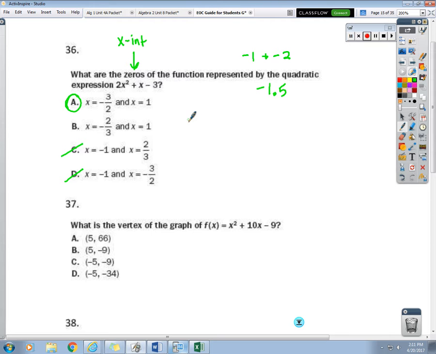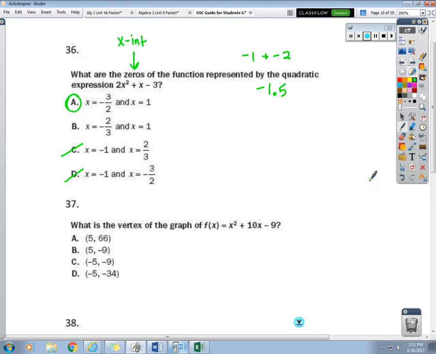A question like that should not be that hard. I know I'm the math teacher, but to me that's not a hard question when you can just graph it and look at where it crosses. All you really have to be able to do is understand that zeros are x-intercepts, and even if you don't get that, it says x equals, so don't you think it's going to be looking for where it hits the